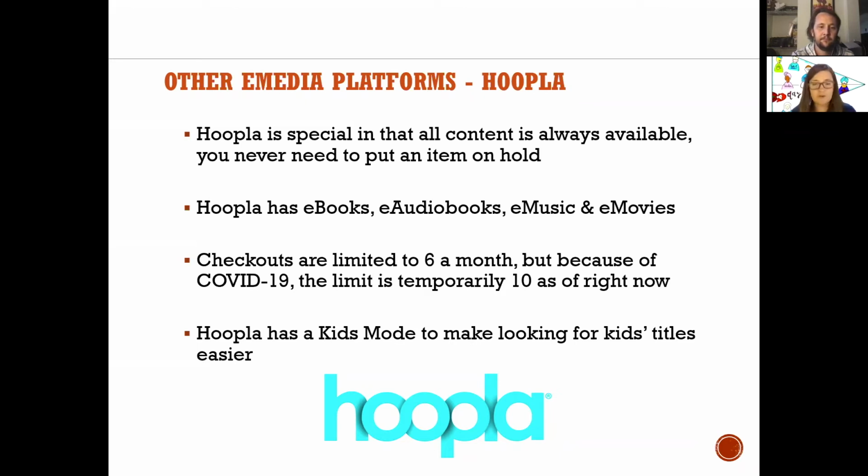So Hoopla is a great service. This is something that I like to refer to as kind of like Netflix for books. So you saw when we did the search in Overdrive that the Six of Crows book that we were interested in was actually checked out, which was a big bummer. So we would have to get in line for it. Hoopla items are never checked out. So that's one of the fantastic things about Hoopla. Everything is always available. Now, on the flip side, Hoopla limits you to 10 checkouts, not at a time, but per month. So you want to make sure that you make those Hoopla checkouts matter.